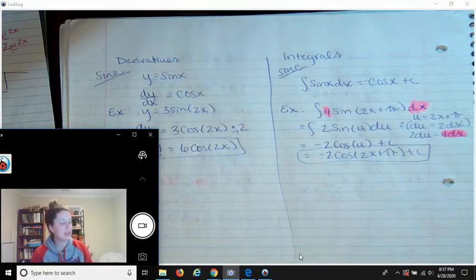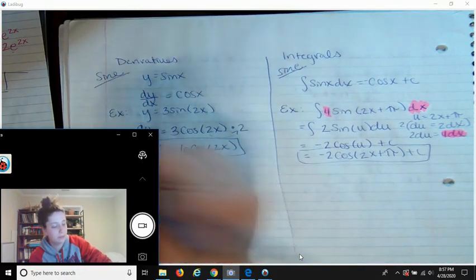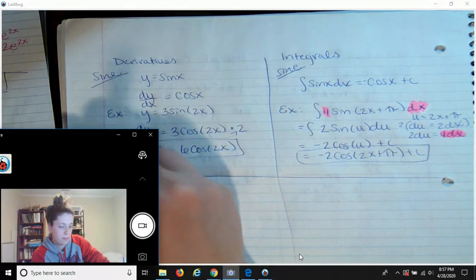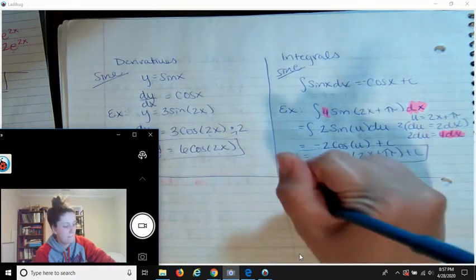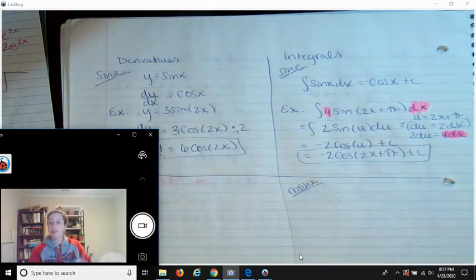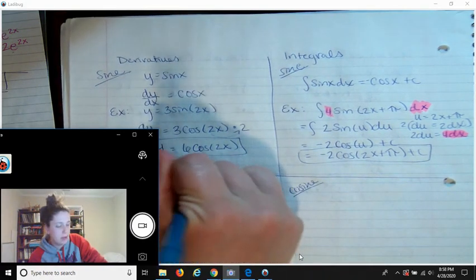Okay, let's go ahead and do derivatives and integrals for cosine. I think my pen might be dying. I'll just go ahead and check that one. Start with a new one. Okay, so y is cosine of x. We know that dy